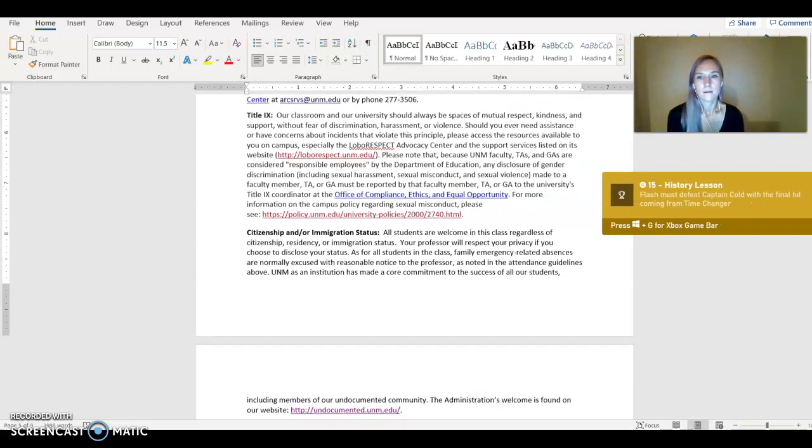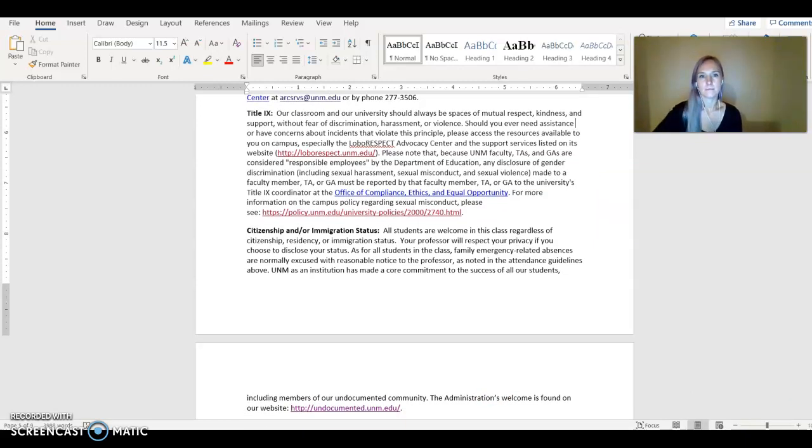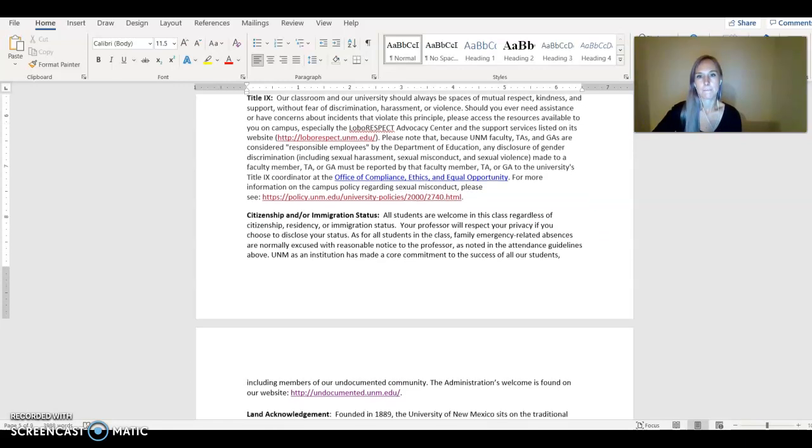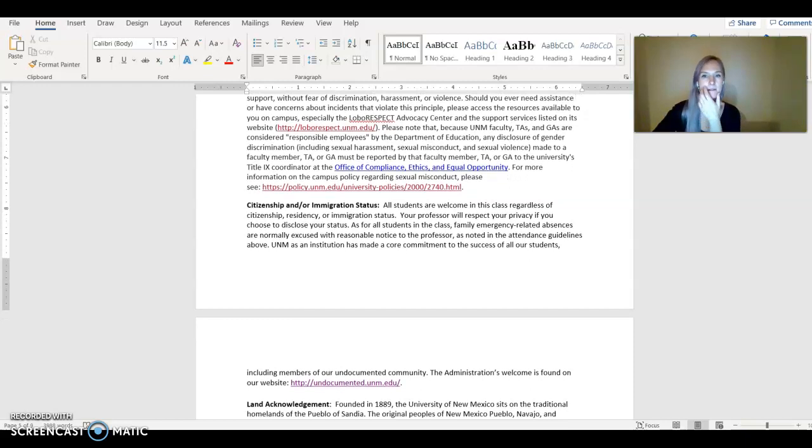Okay. Title IX. I'm skipping to this part, which is basically, Title IX is specifically about people being sexually harassed and assaulted on campus. One of the parts of Title IX means that I am obligated to report anything that is told to me by a student. So if you tell me that someone sexually assaulted you on campus, I have to report it. If you don't